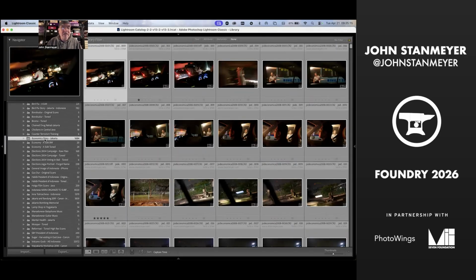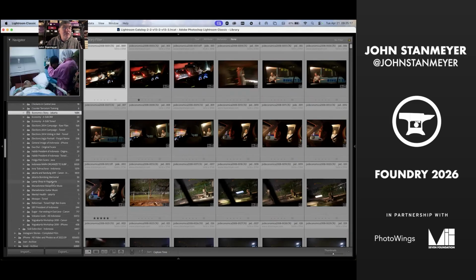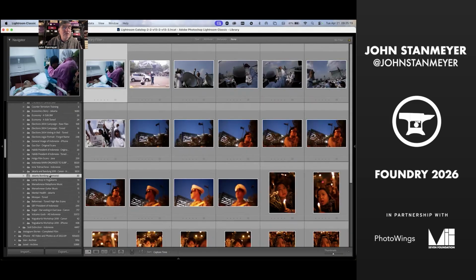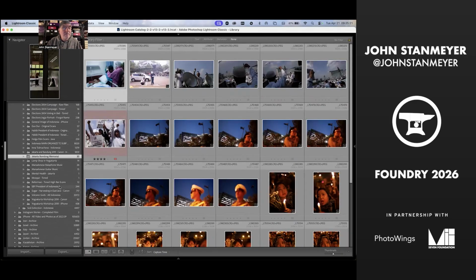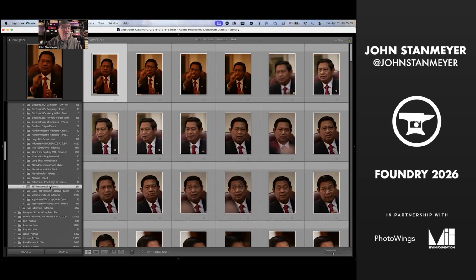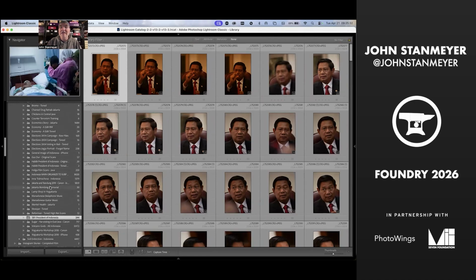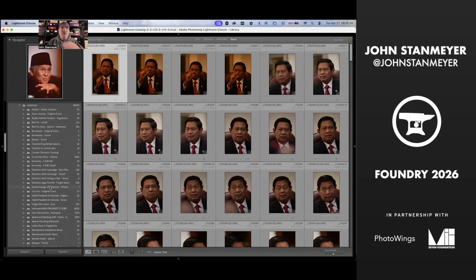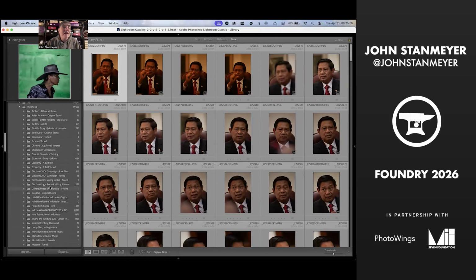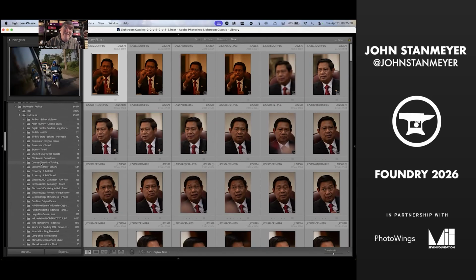Economic story I did for Time Magazine in Jakarta, the Jakarta bombing memorial. The president, one of the former presidents of Indonesia, Susilo Bambang Yudhoyono. So everything is findable here because I can see it and read it rather than searching around for where it exists. A lot of people will put dates